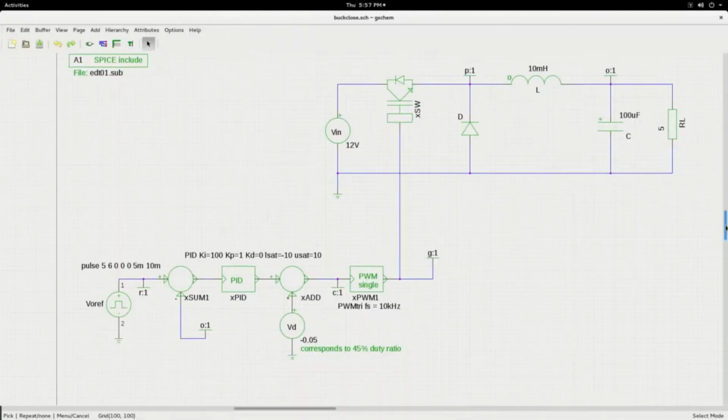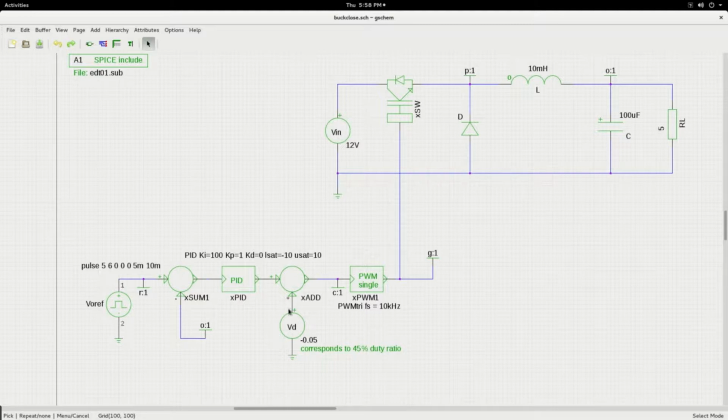So now here you see that this, of course, is the same buck converter circuit. You have the PWM block here, which is giving you the appropriate duty cycle. And on this side you have that reference, and then you have the feedback coming from this O label here, which is connected at this point. This is the error. The error is passed on to the PID controller, and the output of the PID controller corresponds to D hat, the deviation in the duty cycle,